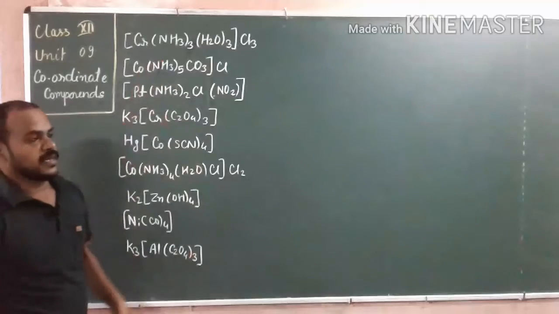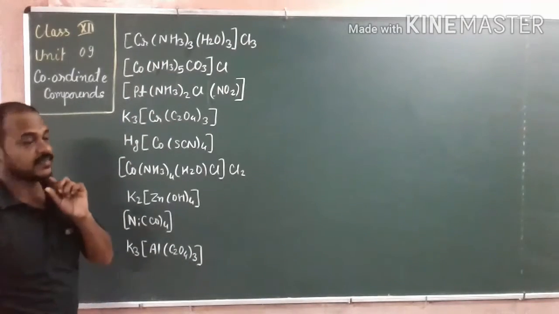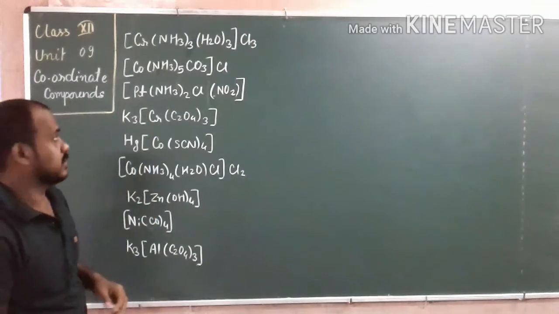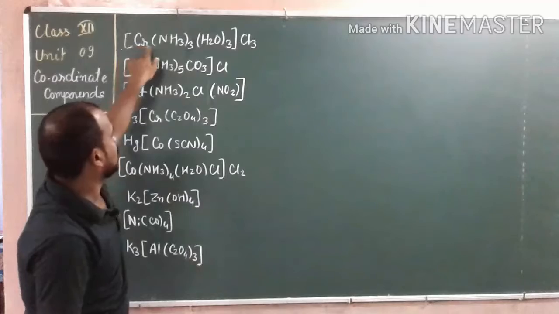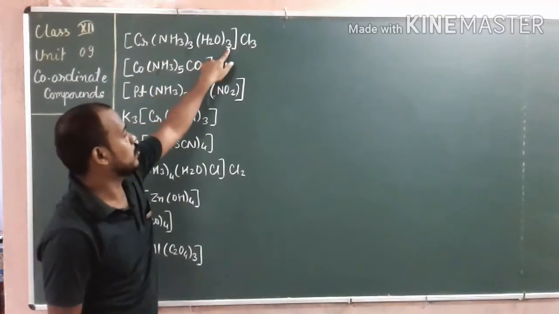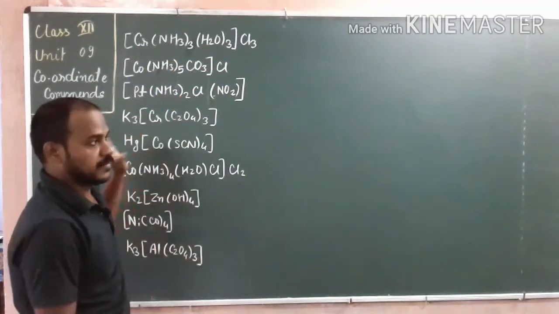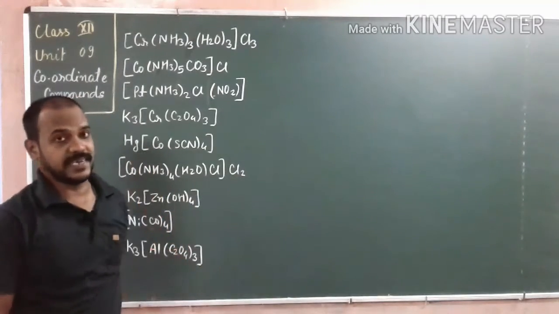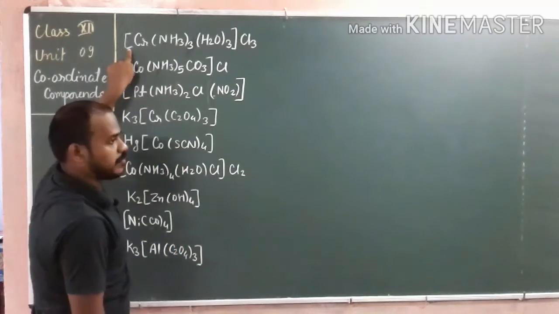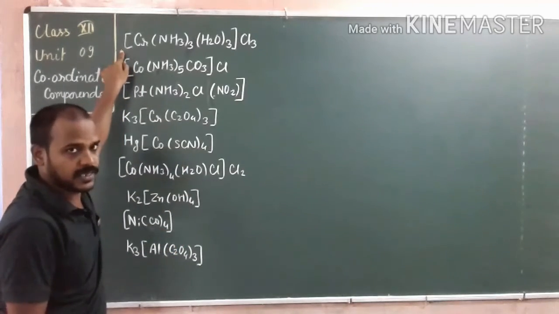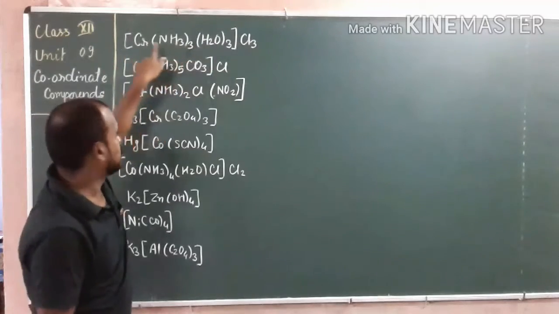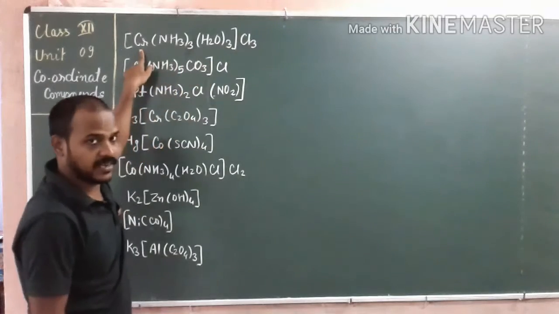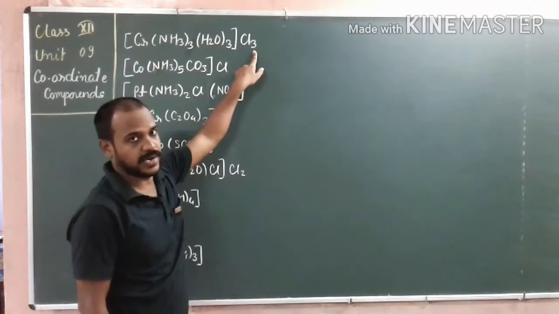Okay, so here is a list of some complexes. So see how we will write the names of these complexes. The first example is [Cr(NH3)3(H2O)3]Cl3. Here, according to the rule, first we will write the name of the cation. Now where is the cation? So see, before the square bracket, is there something? Nothing is there, means this square bracket is the cation. So we will write the name of this cation, after that the name of this chloride.